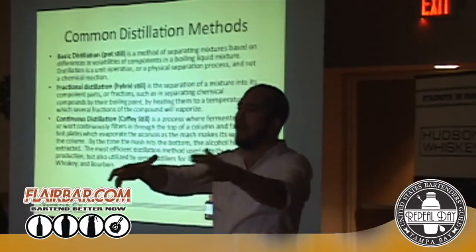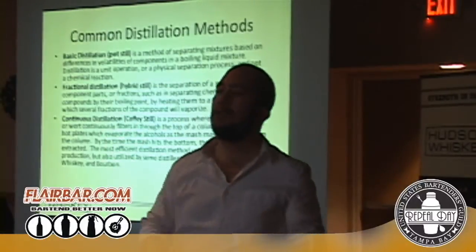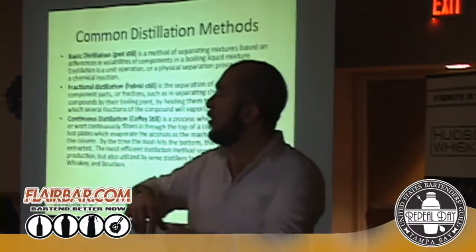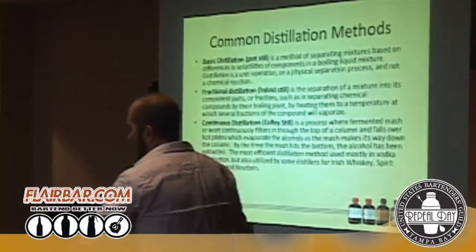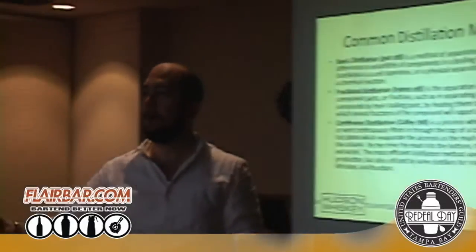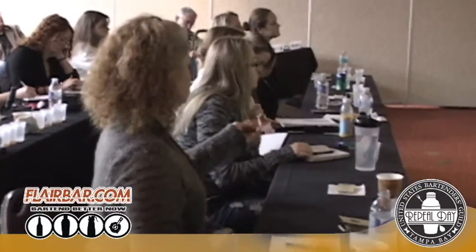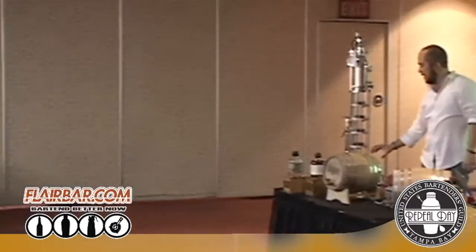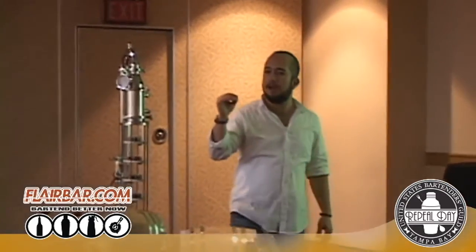So hybrid still, that's kind of what we use. We've got a pot and we've got a column. These are still batch stills, like the basic still, but instead of going straight from the pot into the condenser, we go through a column like this, where it goes up through bubble plates. You can actually pass this around if you want. You can see these are the plates that are in there. Each one of those holes has one of these little bubble caps in here. Basically, as the alcohol vapor comes through, it's going to condense on each different plate. Each different plate is going to be a different temperature.